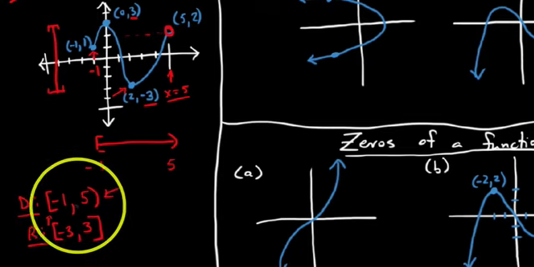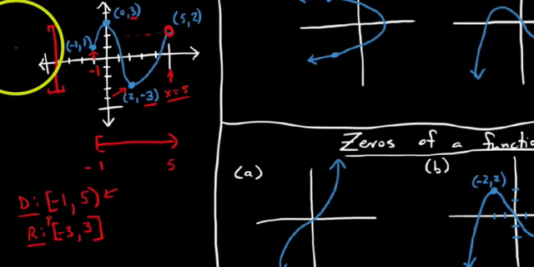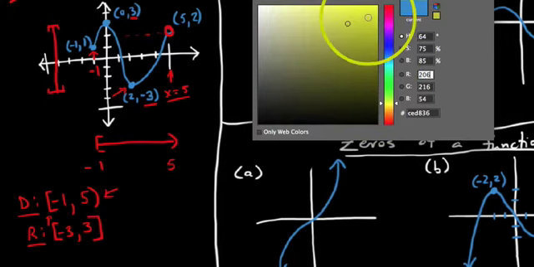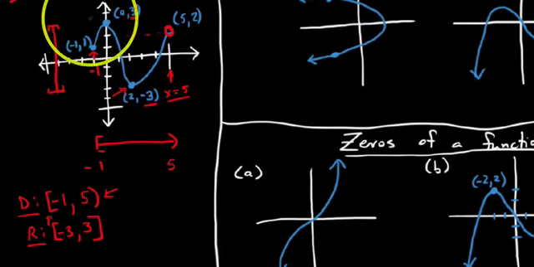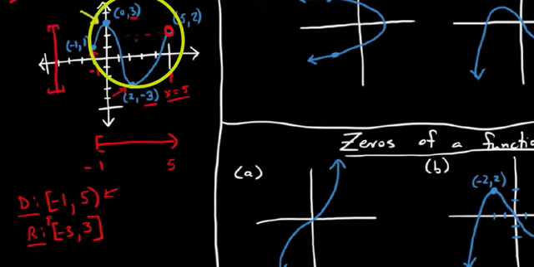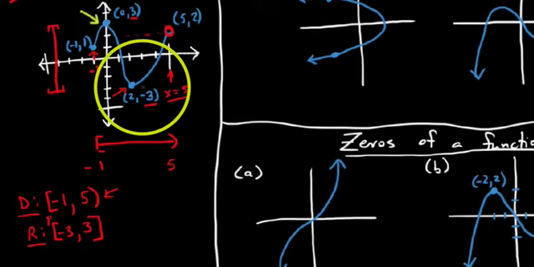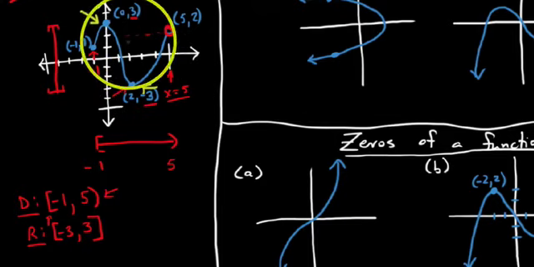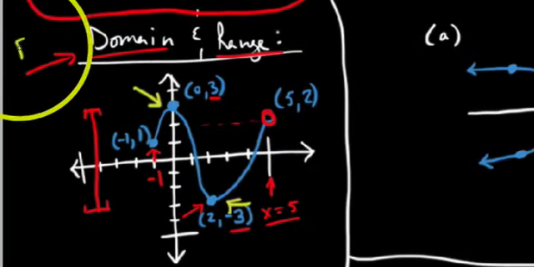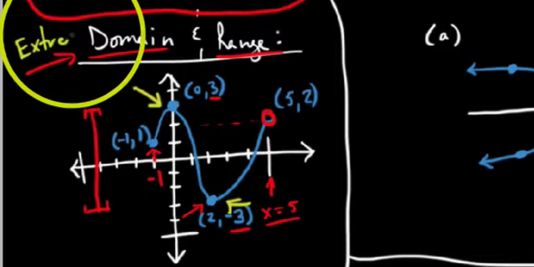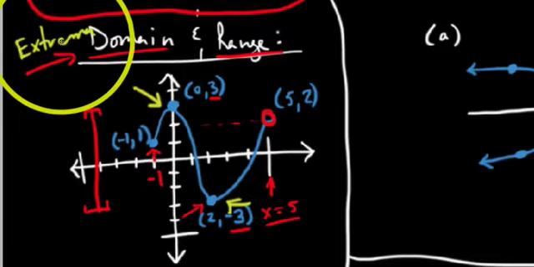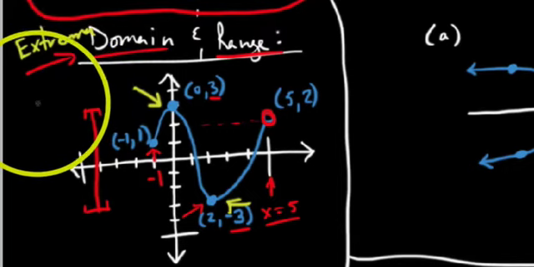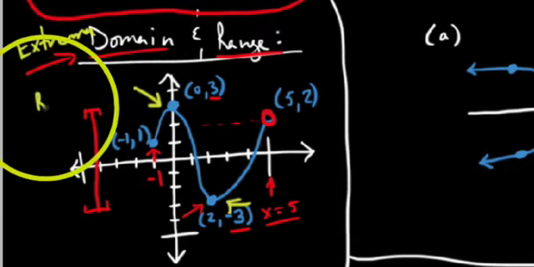Now, real quick, I just want to bring up a couple more vocab terms here, and we're going to use these often later on. You'll notice that on this graph, this was the highest spot, or at least the highest y value, and on this graph, this was the lowest y value. We're going to give this a name. We're going to call these extrema. Of course, you can see the Latin involved in this. Extreme, you might think. But we're going to refer to this top y value, the highest it ever went, as a relative